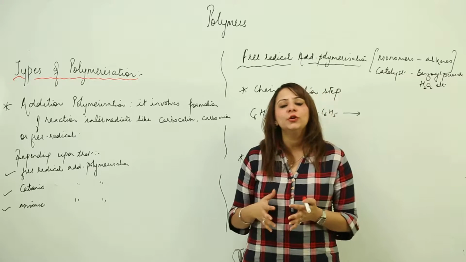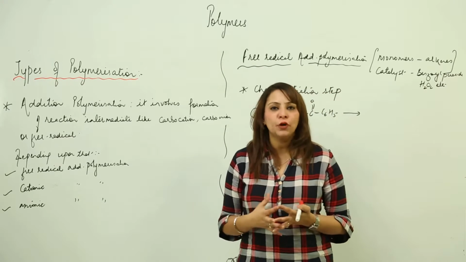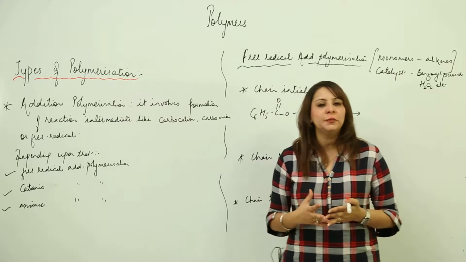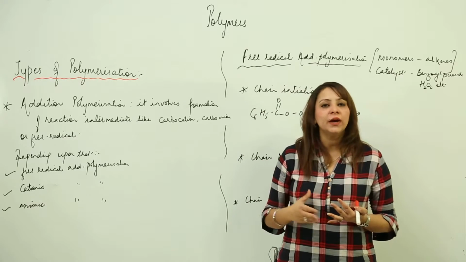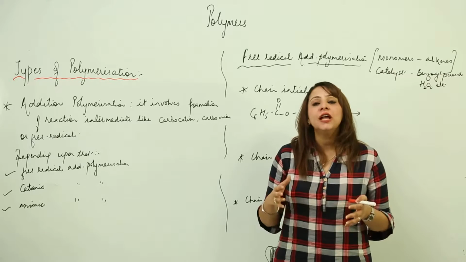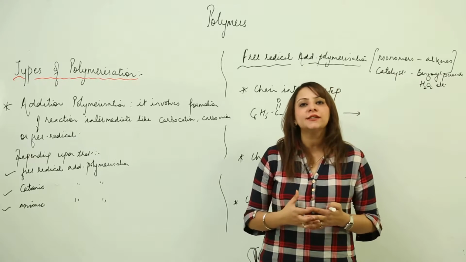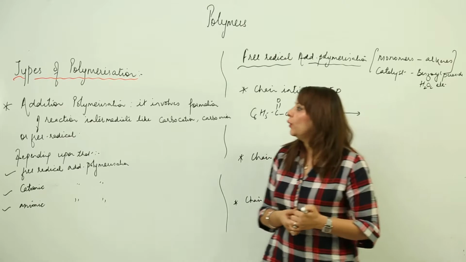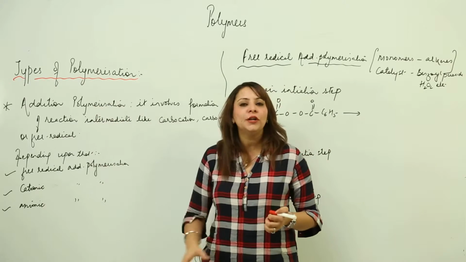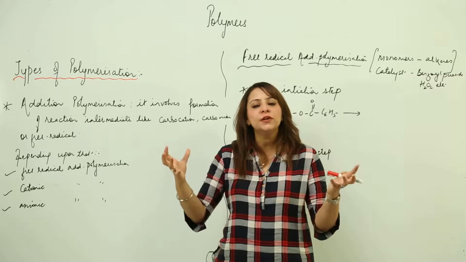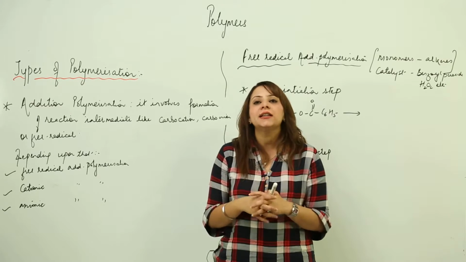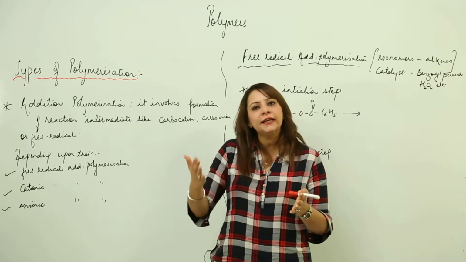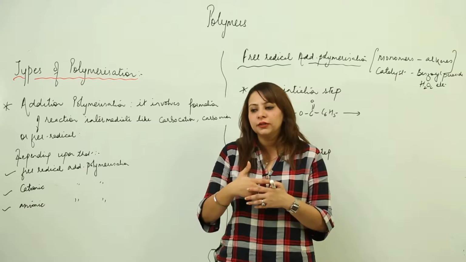Now, as you already know, depending upon the type of polymerization, we have two kinds of polymerization. One is the addition one and the other is the condensation. So, now we are going to start with the mechanism that is involved in the addition as well as in the condensation polymerization. As I told you, addition polymerization is a technique in which the monomers will just link up and nothing will be eliminated, they will just start linking up and they will form a huge molecule,